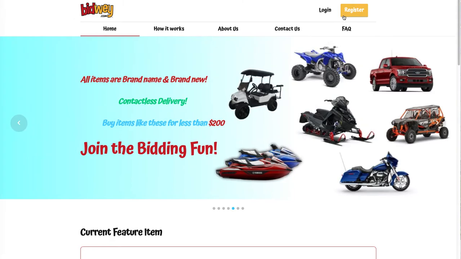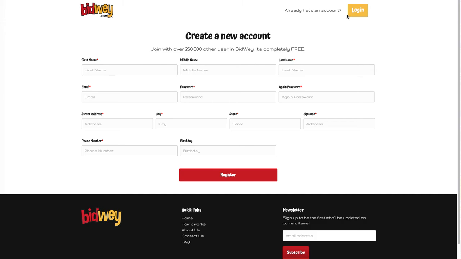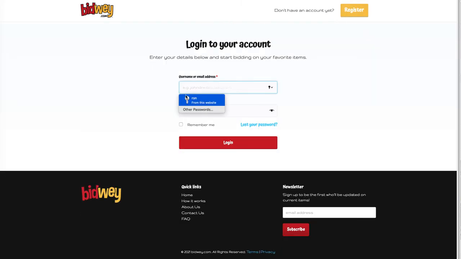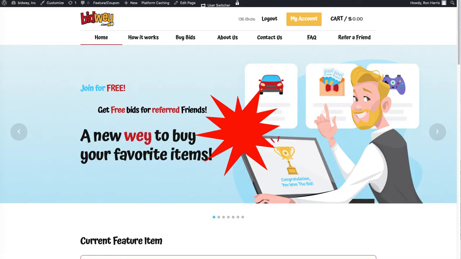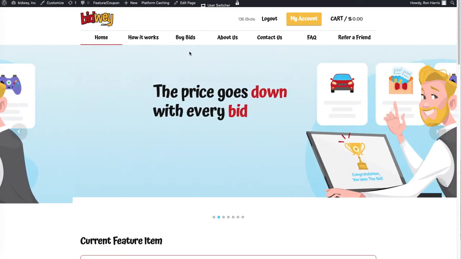Okay, so let's get started. Click the Register tab in the upper right hand part of your screen. To create an account, fill out the appropriate information and click Register. While you do that, I will log into my account. After you've completed the registration, you should be brought back to the home page. In the event you are not, click the Bidwey logo in the upper left, and that will bring you back